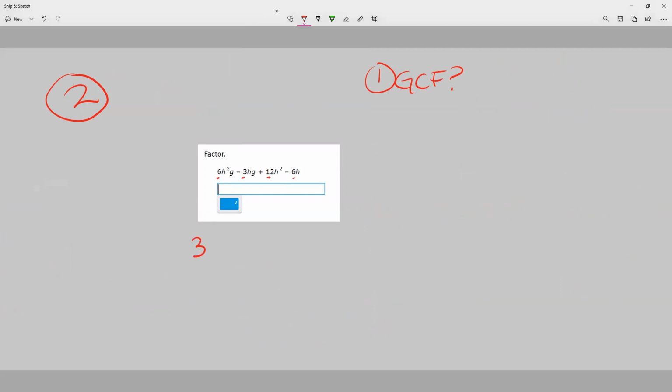So I could take 3 out to the front. And then each one also has groups of h. So I could take h out to the front also, which is going to leave behind 2h minus g, right? Because I took the 3h out to the front here. So this 3h went out to the front, and now there's negative g left. I'm going to have a positive 4h and a negative 2. All right, so then